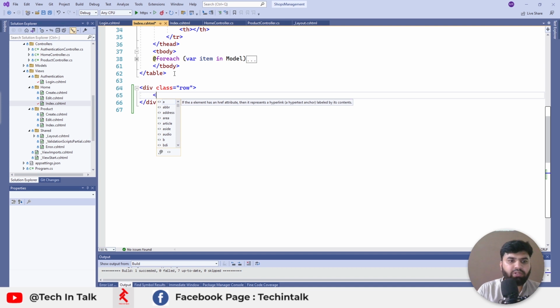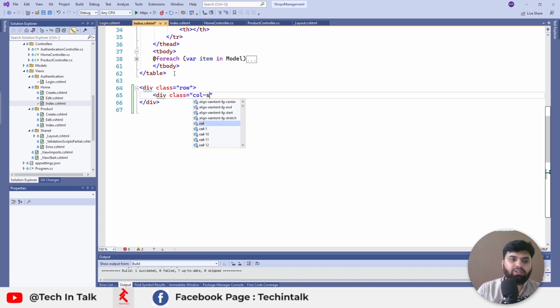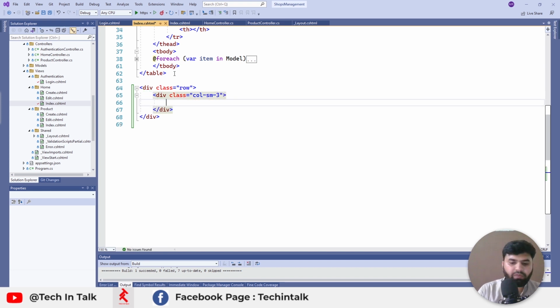So inside row, I would like to add div class column, and on small screen sizes it should make four columns, right? So this is how we do that in bootstrap, and inside that I would like to add a card,